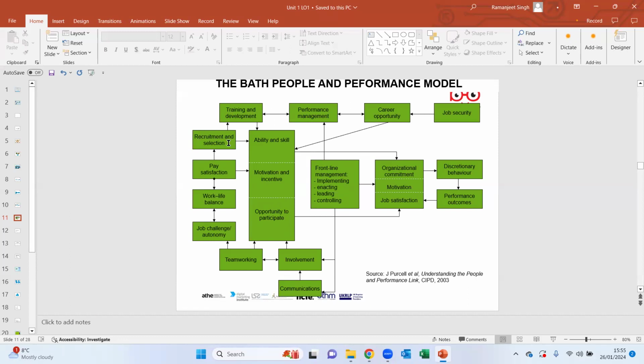Firstly, recruiting associates that are able to do that job. Then giving them proper training and development, properly managing their performance, and giving them a chance to grow in their career. Because what do all of us, every employee working for an organization, want at the end? They want to go up the ladder, earn more, and do better, right? So this model gives associates a career opportunity as well as job security,